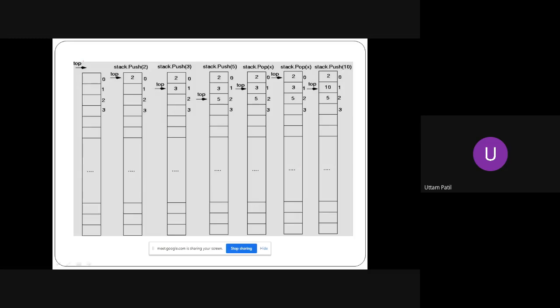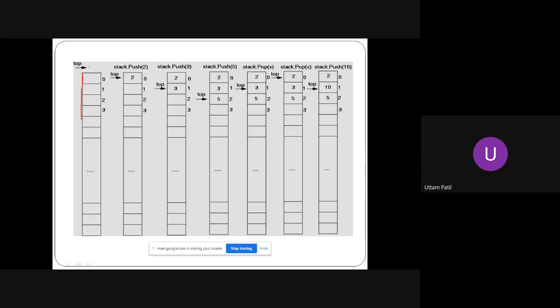To implement the stack, one way is to declare an array, which will have indices 0, 1, 2, 3, and so on till whatever size. And then there should be a variable which points at the top of the stack.